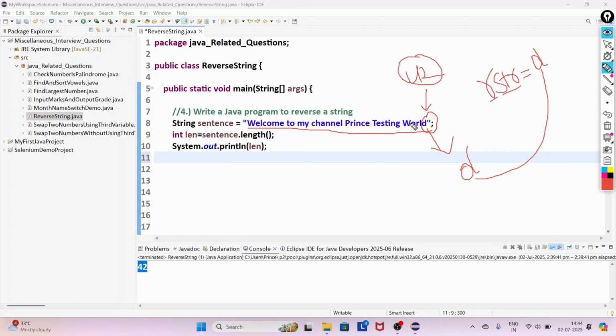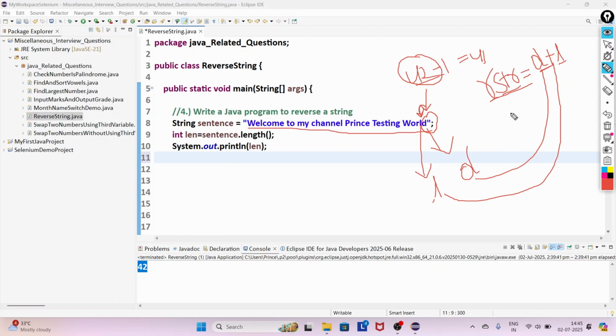D is completed. Now again the for loop will be executed, and now the cursor will point to this one. Earlier it was 42 length, now I will decrement it by 1, so it will be 41. Our cursor will be here at the L, and we will capture this L and take it into here. The previous D was placed and now L will be placed. So we will concatenate all the characters in this string. How do we have to do it?